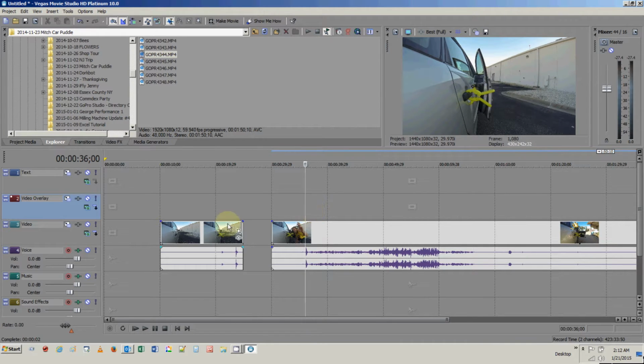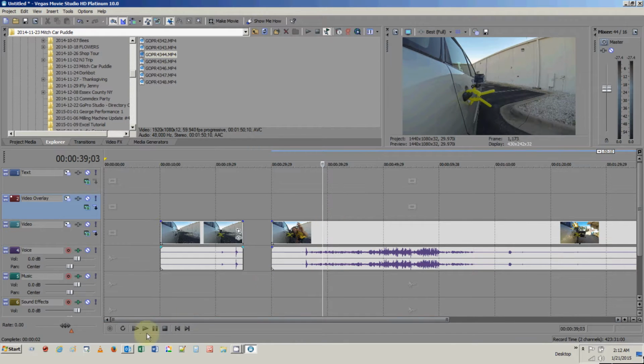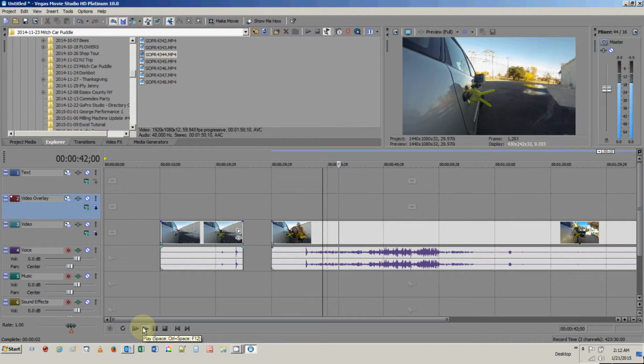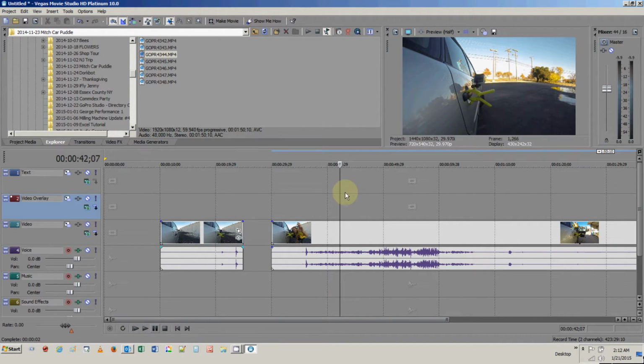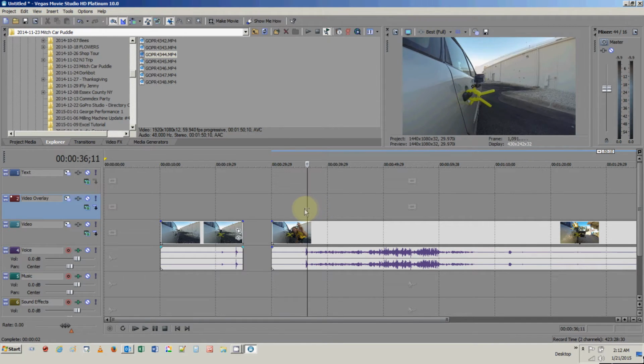Well, we've already got footage of him setting up the camera, which I like. So what we're going to do is just skip ahead to where the door is closed. And right about here, I take off and start driving. So what I want to do is get right to that point where he's closed the door, right when I get ready to drive, and I want to get rid of the rest of this.